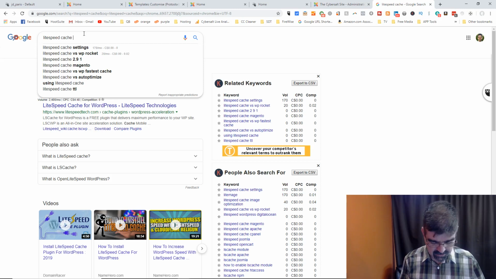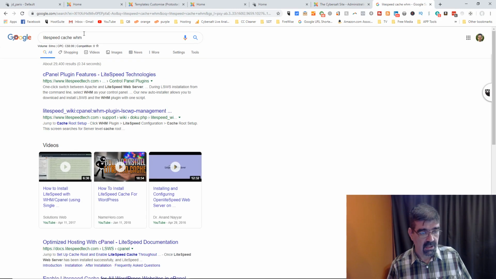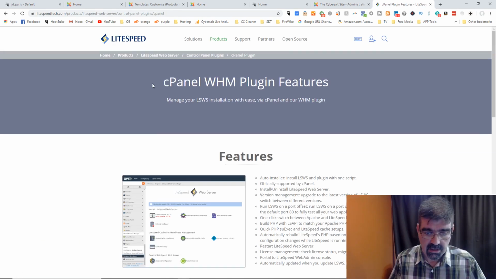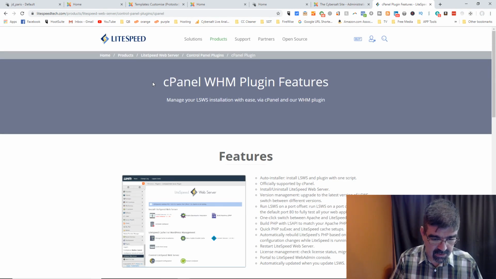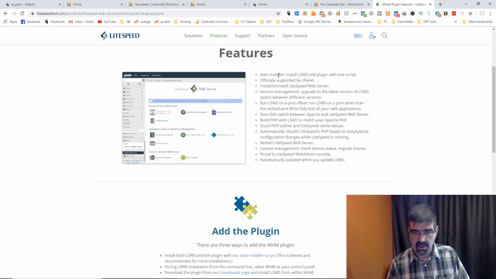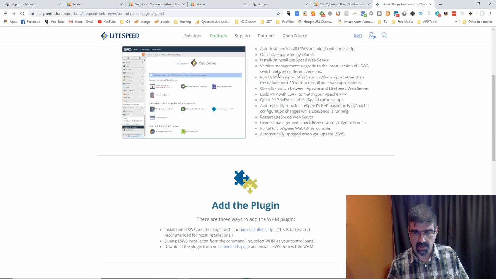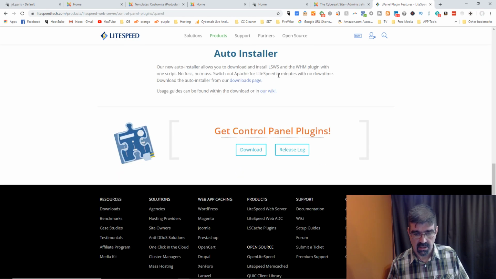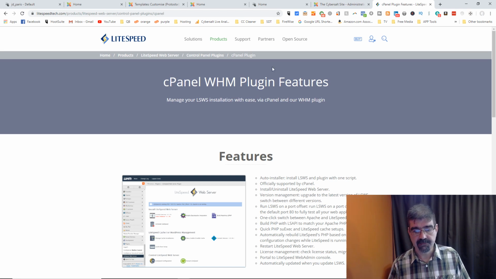Let's see, Lightspeed Cache WHM. That's what I want to see. One click. Let's take a little look here. WHM plugin features. So here's Lightspeed. It looks like it's a plugin to add on the server, so I don't think I have it on my server. Install version. Auto installer notes. Interesting. Yeah, I don't know really anything about Lightspeed, so